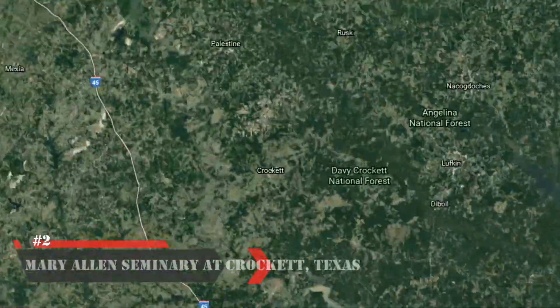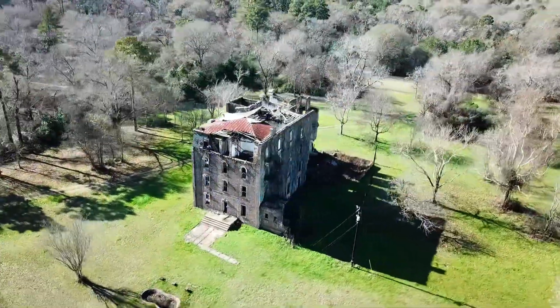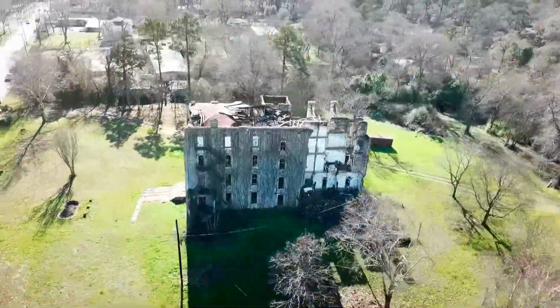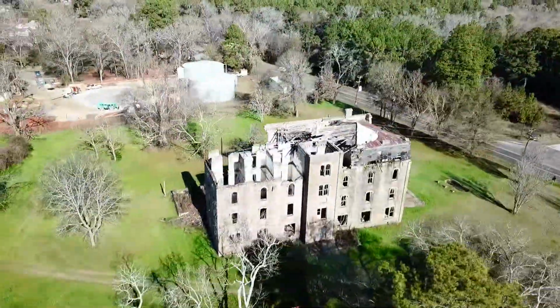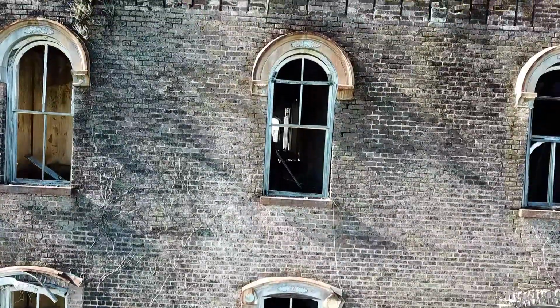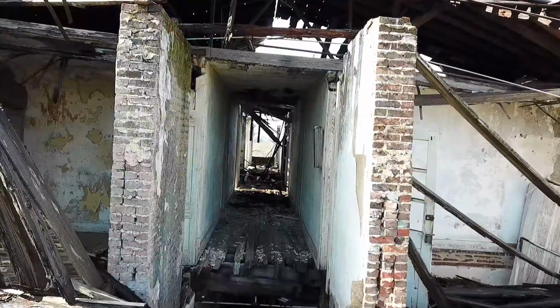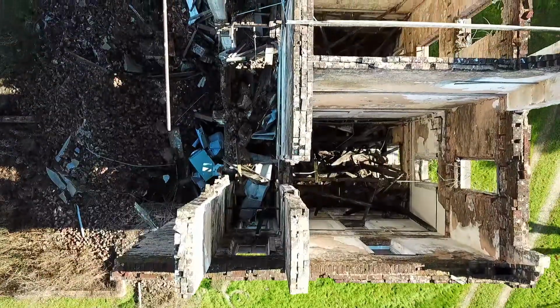Number 2. The Mary Allen Seminary at Crockett, Texas. This grand structure may be on the verge of collapsing now, but its past history is remarkable. The Mary Allen Seminary, later known as the Mary Allen Junior College, was the first black women's college in the state of Texas. The school was founded in Crockett, Texas in 1886 by the Presbyterian pastor, Reverend Richard Allen, and